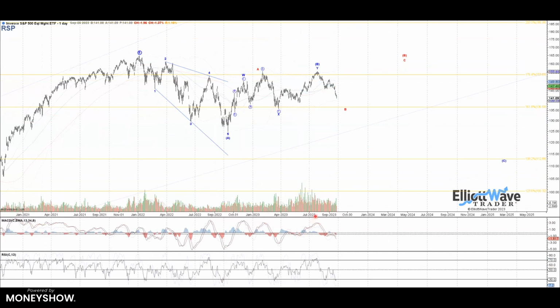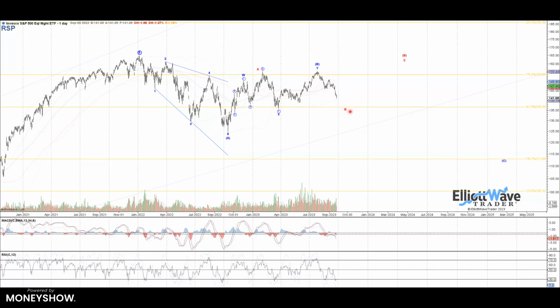So fast forward to today, and instead of that ABC for the blue B wave, it looks like we filled out as a more muted WXY. So we got the bigger A wave, got an expanded flat for the B wave, but then failed to get a clear 5 waves up as a C wave, but looks much more like we have a potential top in place. So this is easily working on wave 1 of the C wave,